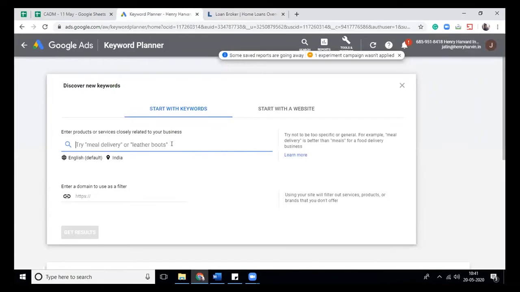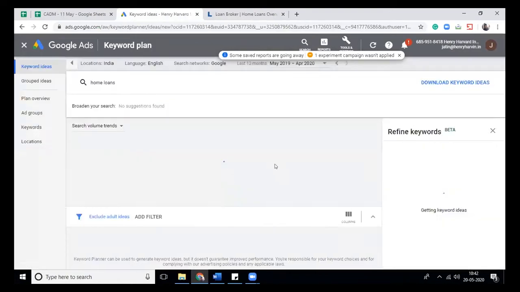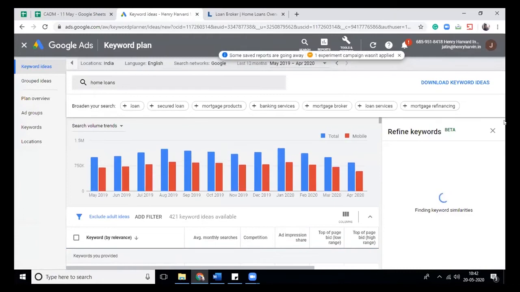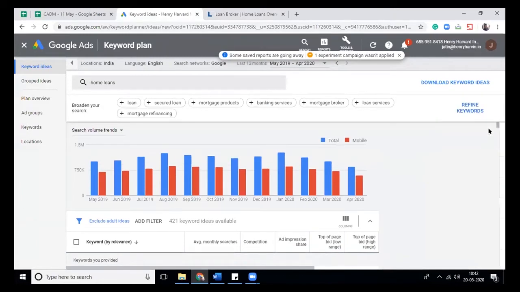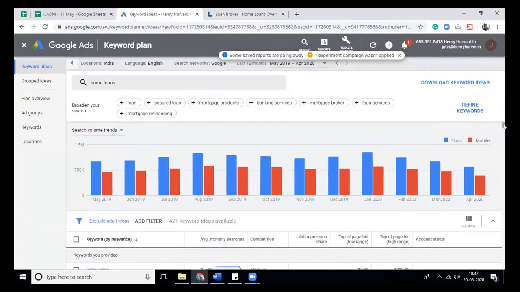Okay. So this is your product, that is home loan. This is the same process which we learned in AdWords? No, it will be a completely different process. Guys, it's for everyone that the process which we learned in Google AdWords for research is altogether different from the process we are using here.